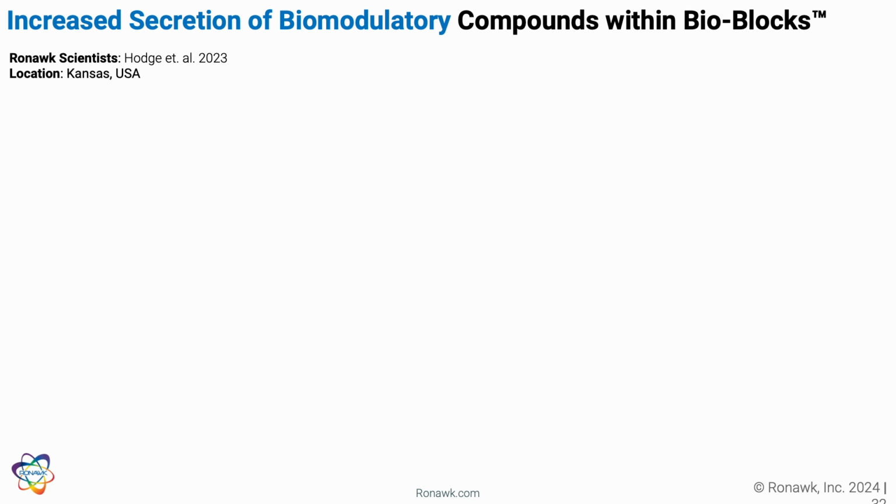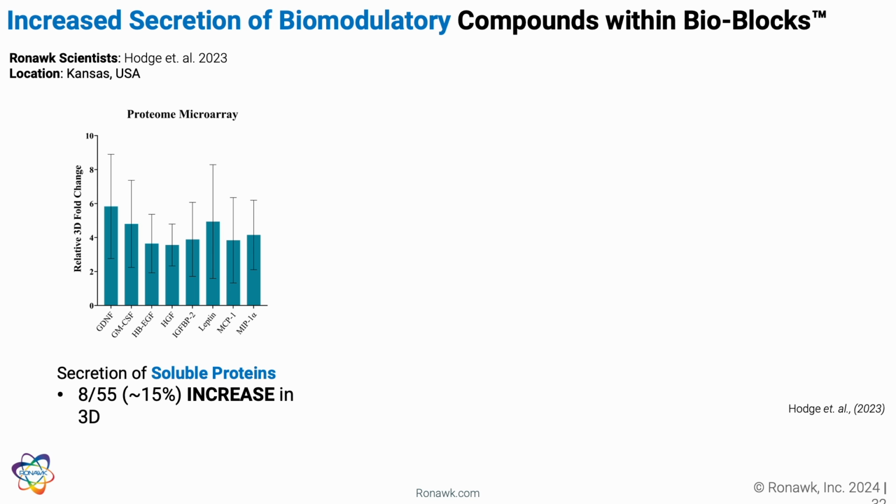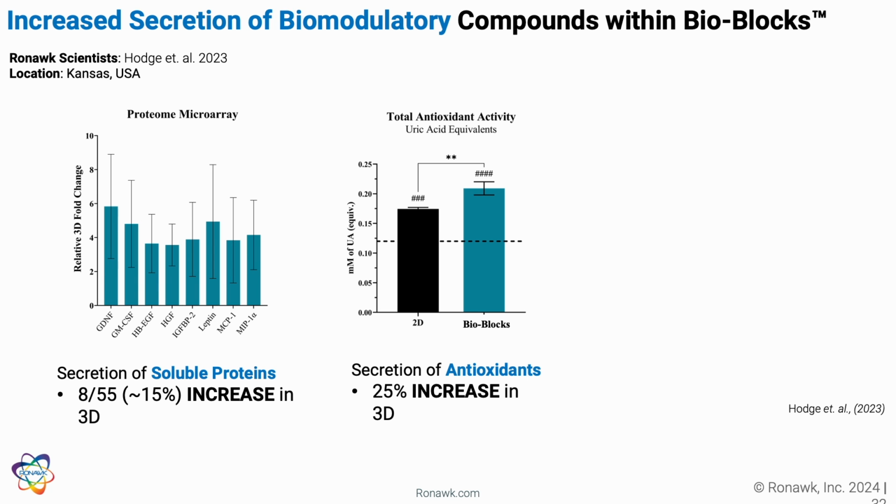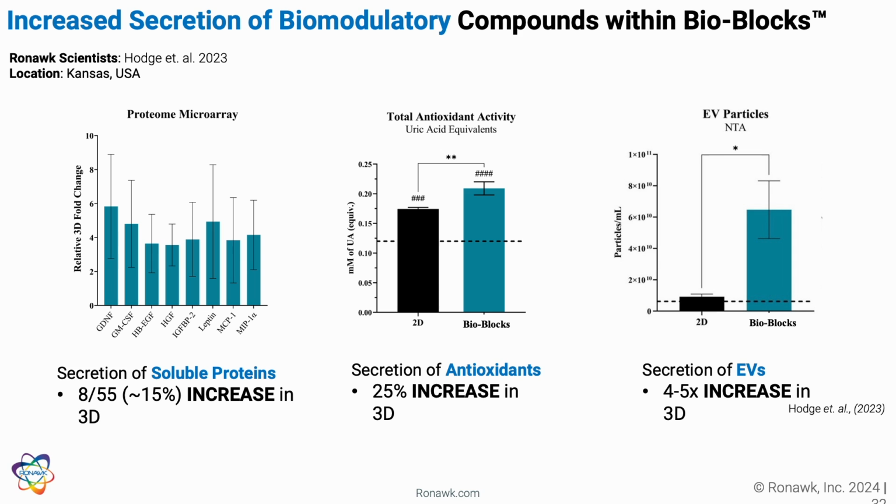And what we saw while growing MSCs in the bioblocks is an increase in the secretion of soluble proteins, which I didn't mention, but I showed before, is related to the secretome of MSCs. We also saw an increase in the secretion of antioxidants, and more specifically for our own interest, an increase in the secretion of EVs. And this increase is of 5-fold. It can get up to 10-fold, which is amazing. Once we saw that,